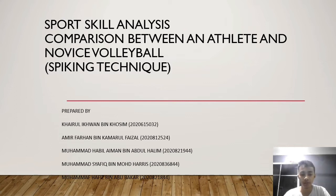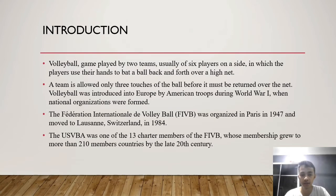Today, me and our group mate present about the sport skill analysis comparison between an athlete and a novice in volleyball in the spiking technique. So, for the introduction, volleyball is a game that is played by two teams. Usually, there are 6 players on each side, who use their hands to bat a ball back and forth over the high net. A team is allowed only 3 touches of the ball before it must be returned over the net to the